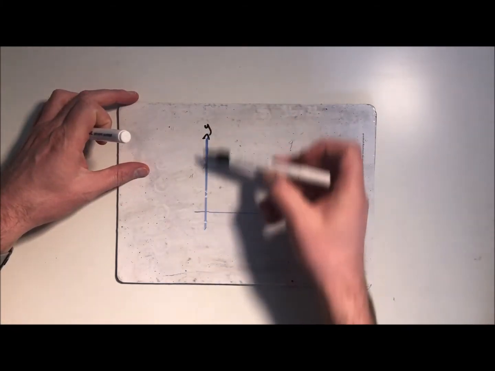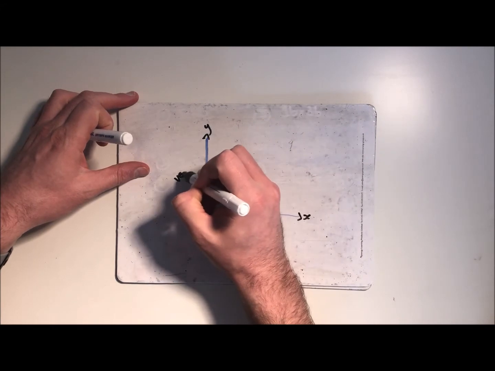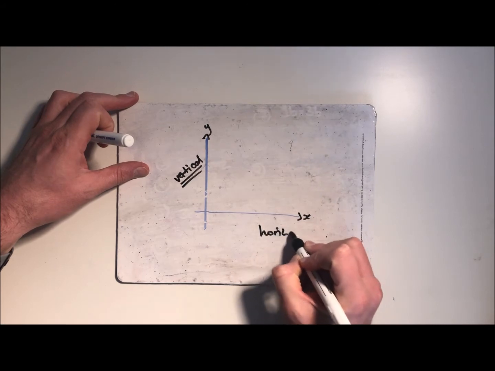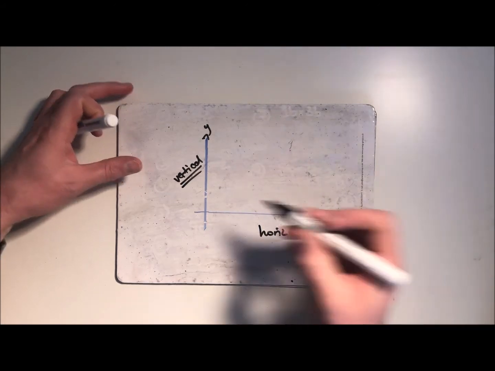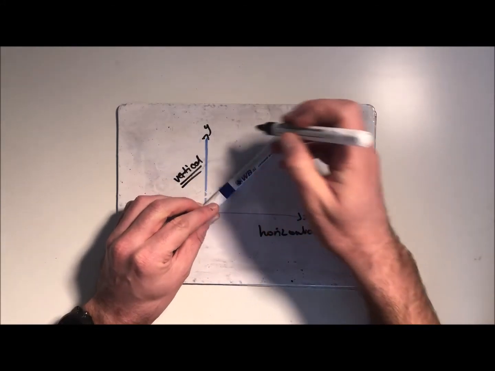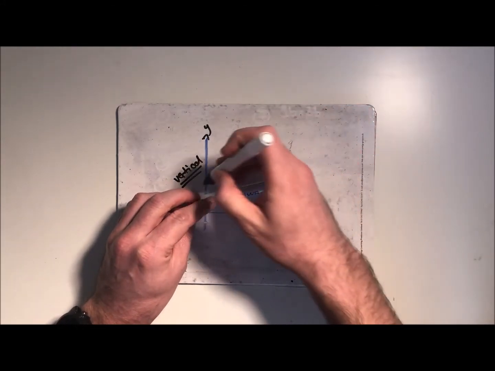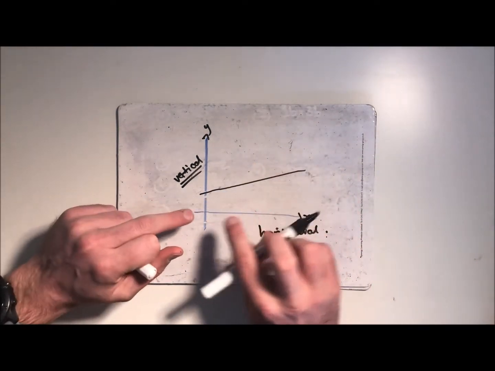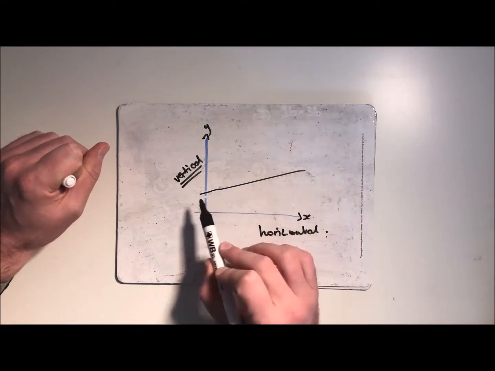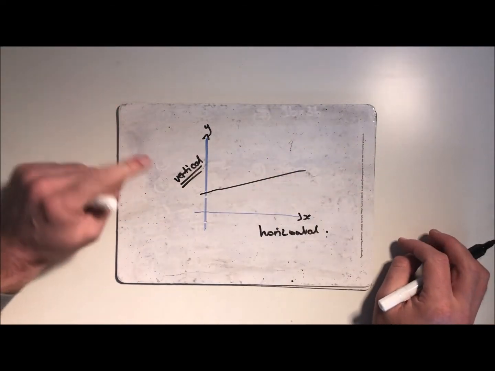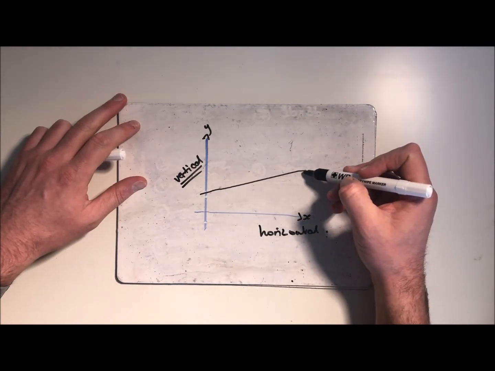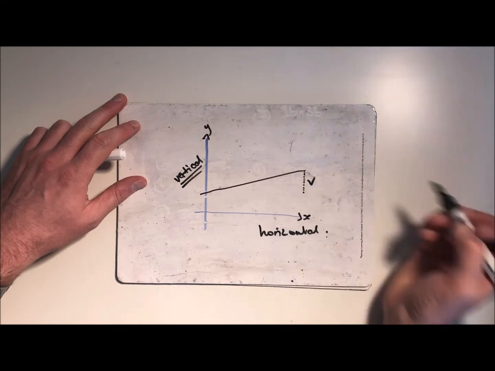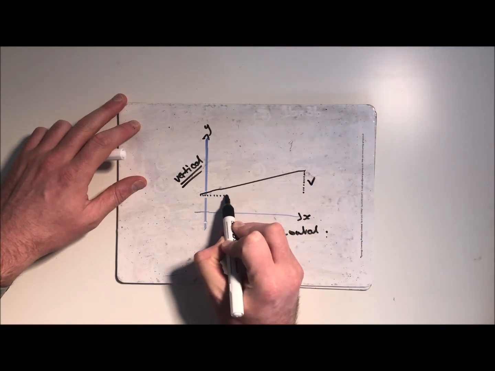Now, this line here, the y-axis, could be known as the vertical axis, and this x-axis along the bottom here could be known as the horizontal axis. So essentially a gradient of a line, if I just draw a random line here, I'll make it not very steep, because most of the lines we would know, like on a road, wouldn't be all that steep. That'll be quite a steep line if you were driving a car up it. So we'll just use ones that are a bit more realistic. Here, the change in vertical, from about there to there, that's going to be a change in vertical, and then the change in horizontal,